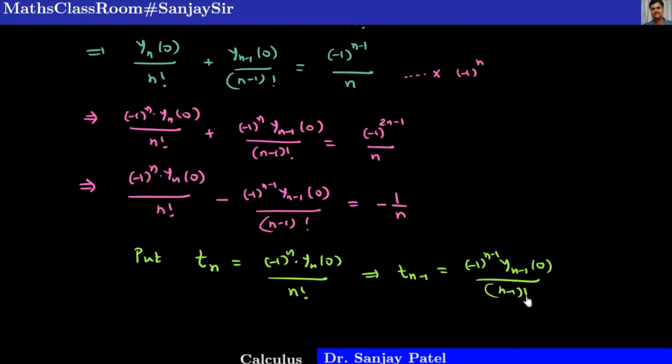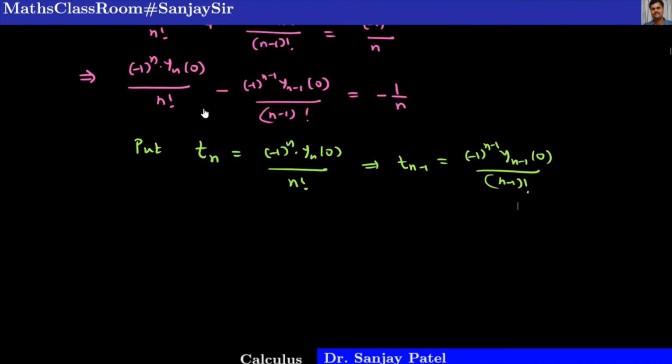Okay, so using this notation, I can rewrite this equation as Tn minus 1 is equal to minus 1 upon n, and let us call this equation number 3. This is true for n is equal to 1, 2, 3 and so on. So taking n is equal to 1, 2, 3 and so on, we get